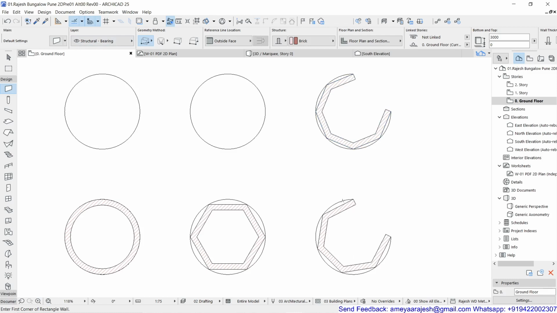See, in the earlier example, only five segments are preserved out of these six. The reason was that Archicad was considering this curve first of all and completing the circle in its memory. Out of that, the part of the circle which you have preserved is considered to generate the number of segments.